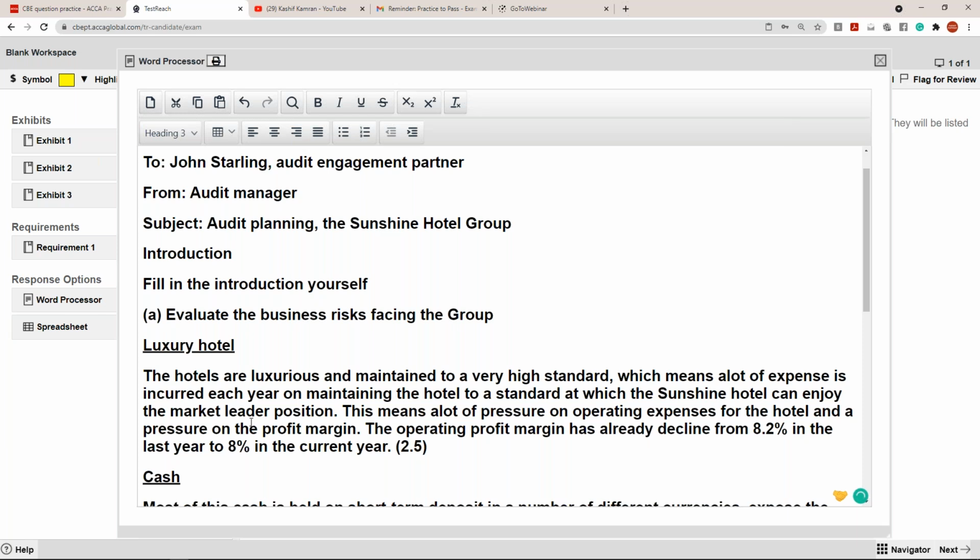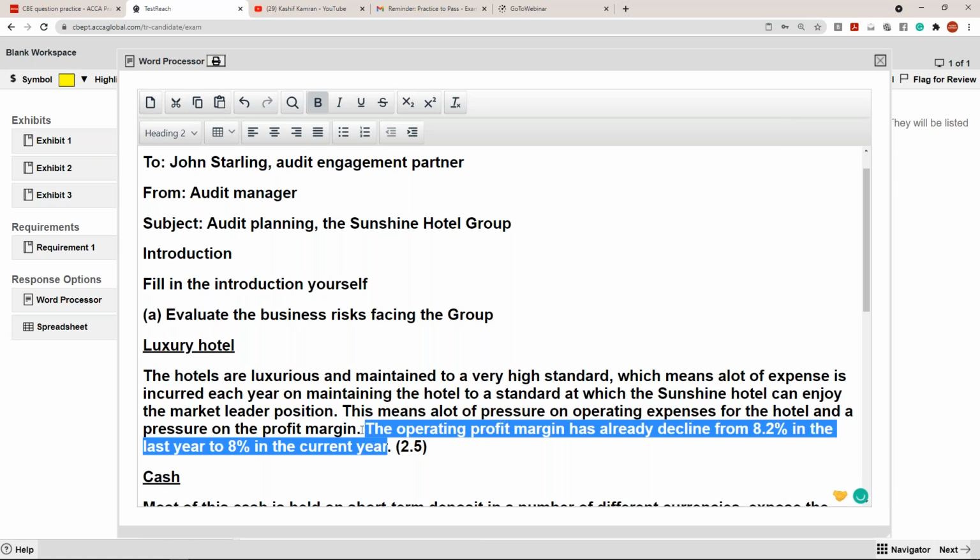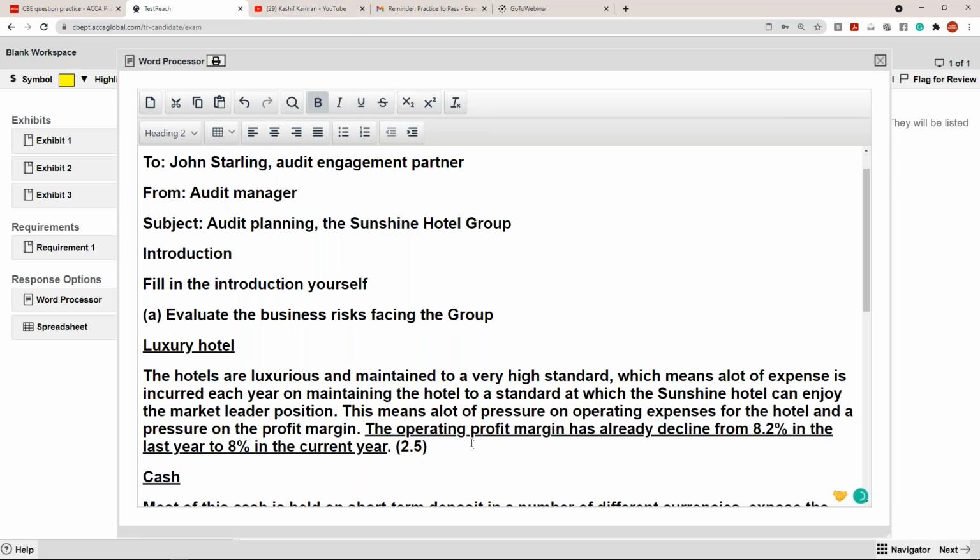And please ensure that whatever business risk answer you are writing is from the case study, synced to the case study. And if you can make use of the percentages, do make use of them, because they can have a real good impact on your answer. So you should use the percentages as I have used in my first answer. That is very, very important.